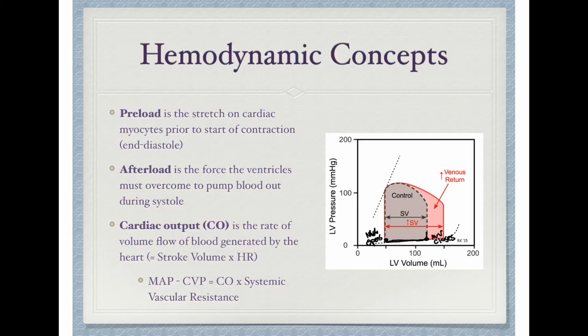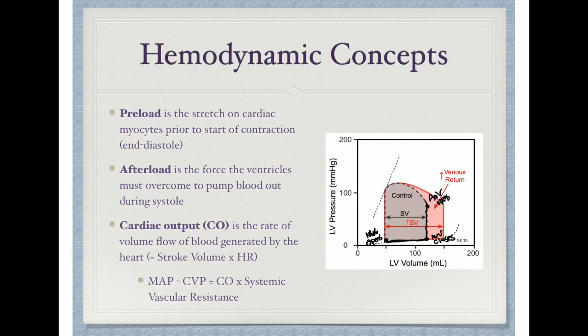And the pressure in the left ventricle will rise all the way up until this point, which is the point at which the left ventricle is able to overcome the afterload and start pushing blood out into the aorta. So this is the point where the aortic valve opens